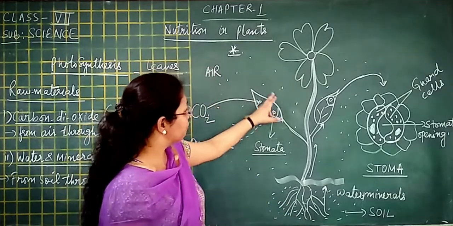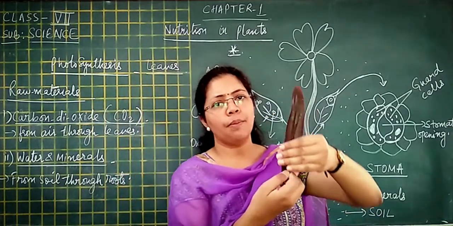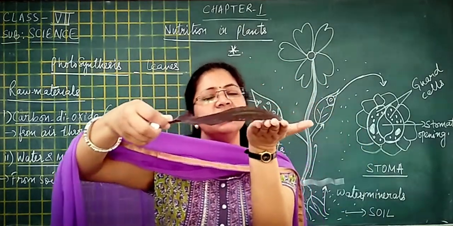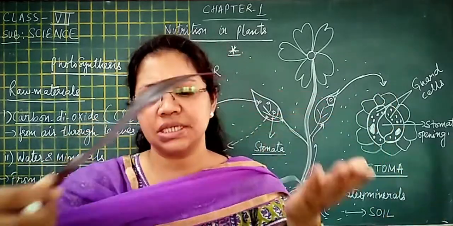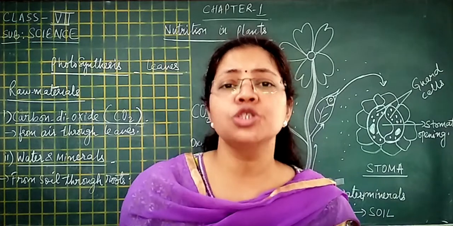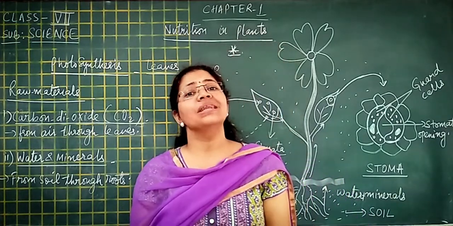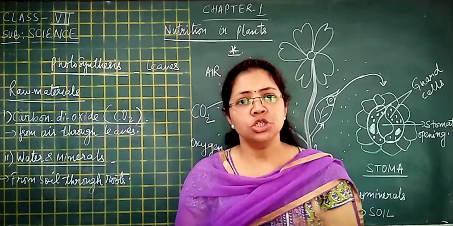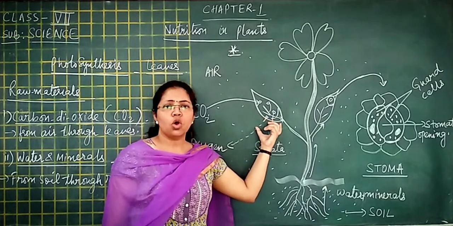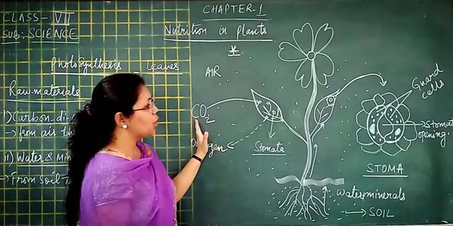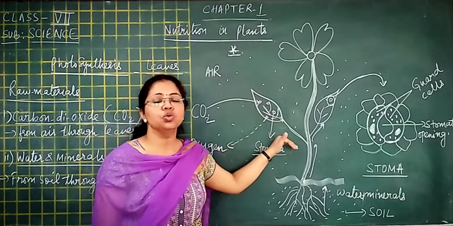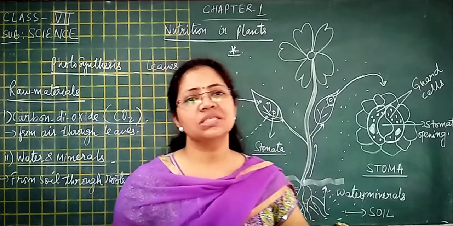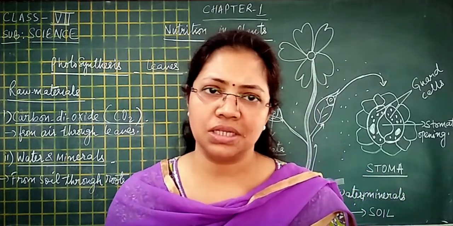So on the surface of leaves, on both the upper side as well as the lower side, so many minute pores are present, but these pores are too small to be visible with our naked eyes, though they are clearly visible under a microscope. So, through these tiny pores called stomata only, carbon dioxide from air enters into the leaves. And the leaves use that carbon dioxide for performing photosynthesis.